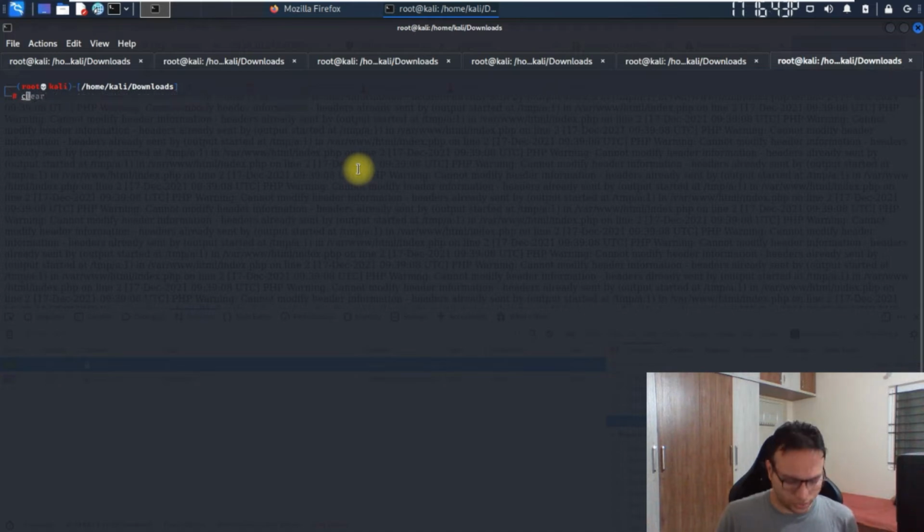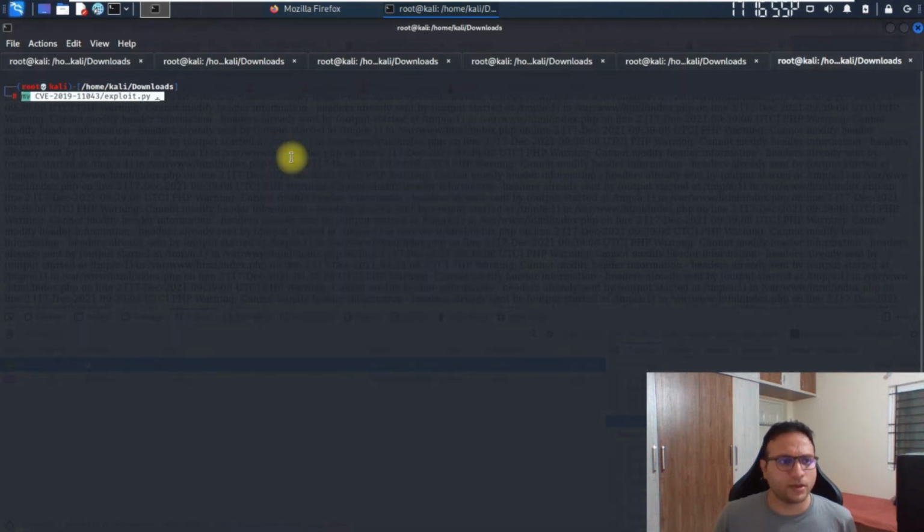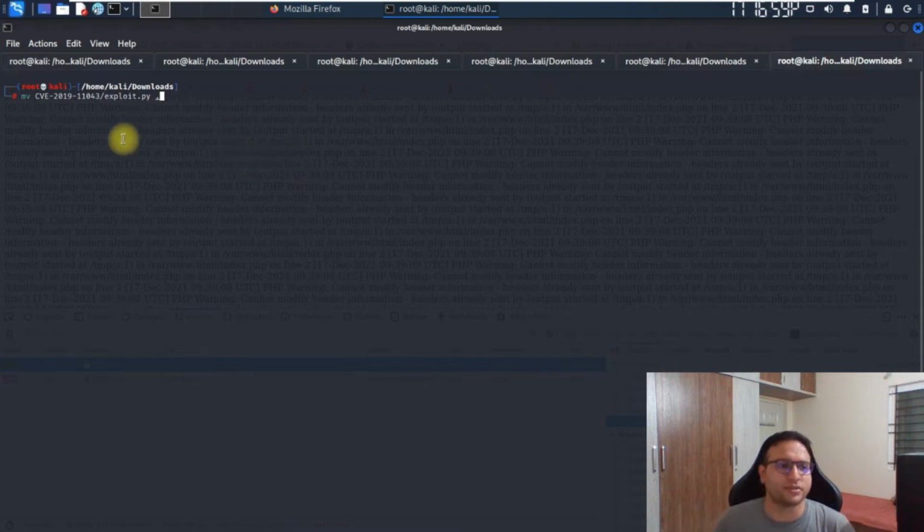Once you clone this, you simply have to go inside of this folder and make this file. In my case, I can tell you all the stuff one by one. You simply have to copy this exploit.py file which is present inside of this. After cloning, you simply have to copy it into your current directory.